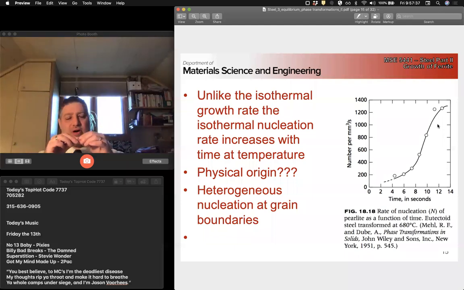Most of the time we're going to be talking about the first nuclei that form being ferrite. We need to move a very large amount of carbon out, right? So there's this dwell effect that we see in order for that to happen. And notice that dwell effect is not in the idealized nucleation theory that we talked about for heterogeneous nucleation. There was no time dependence in the equation for the rate of nucleation,